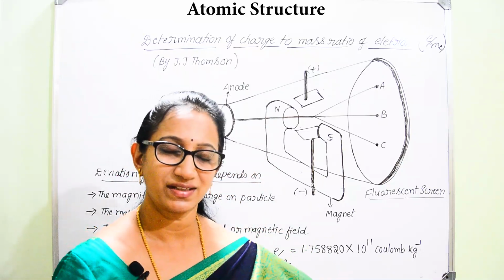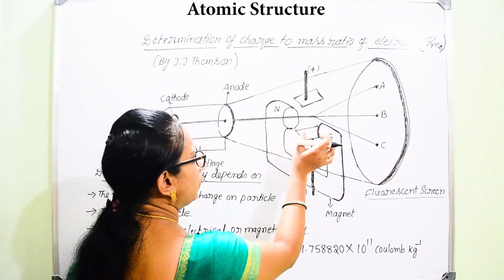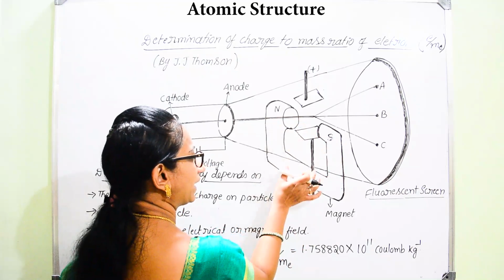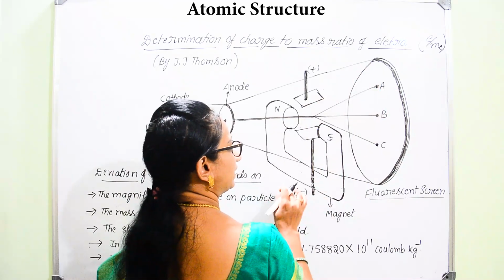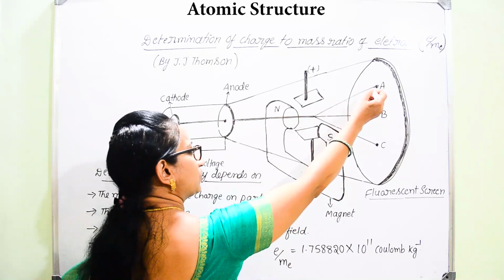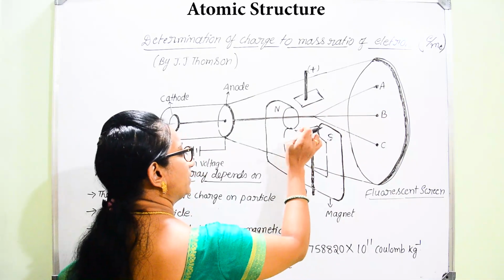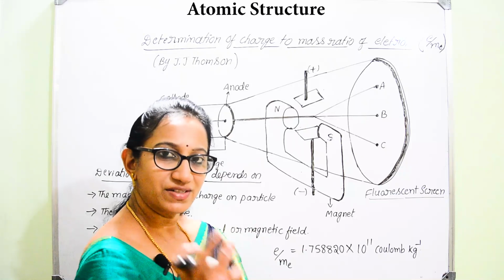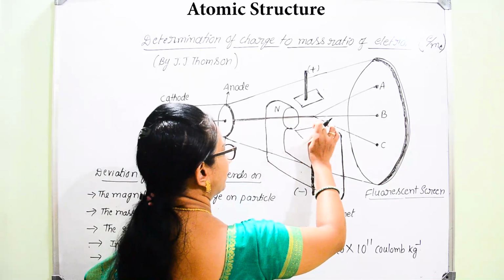So why does he need to change the strength of the electric field and magnetic field? Now let us consider, by varying the voltage and by varying the strength of these magnets, he was able to find that deflection. Let us consider that the deflection is more towards the electric field. So he needs to move the deflection point towards the center, so that by adjusting the strength of the electric field and magnetic field, he finds there will be no deviation in the movement of the cathode rays.